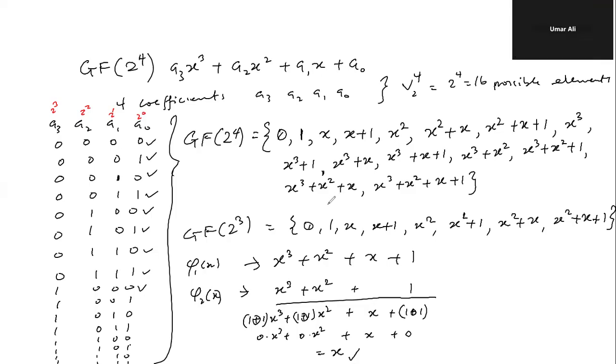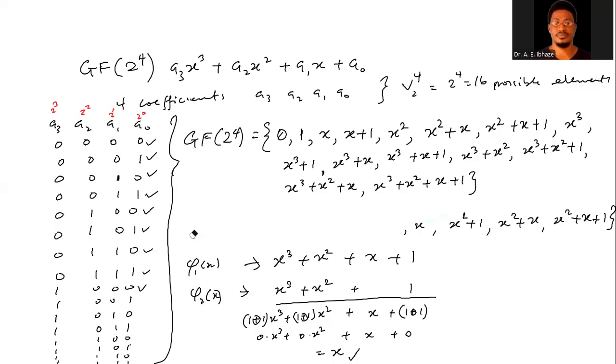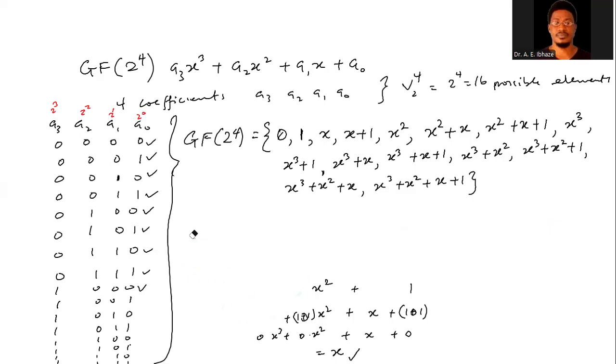Yes. So let us now perform multiplication. That is where things may really get messy sometimes. Because by the time we perform multiplication, we now see, okay, is this element also in this system? So this will take us to the irreducible polynomial. So let us wipe this. And then